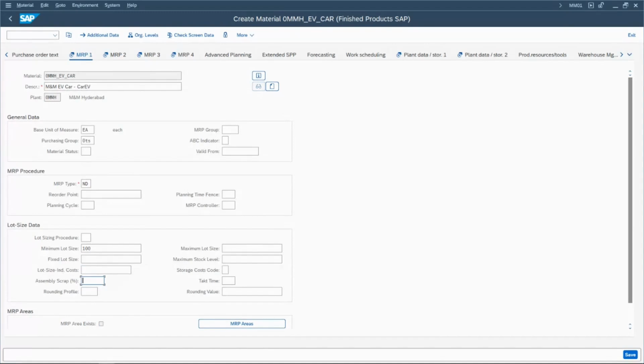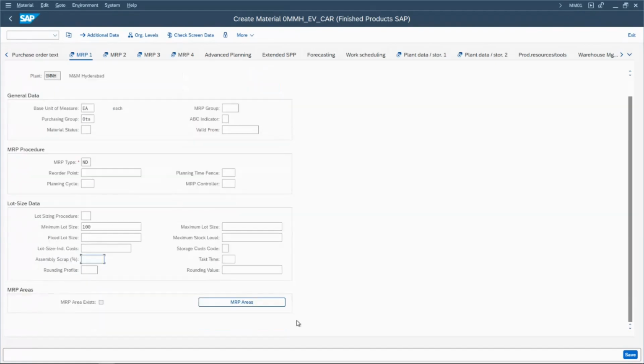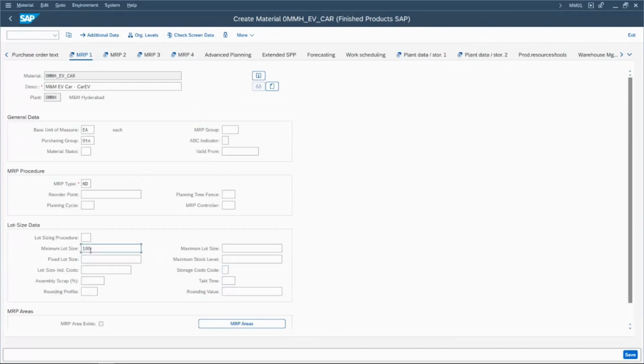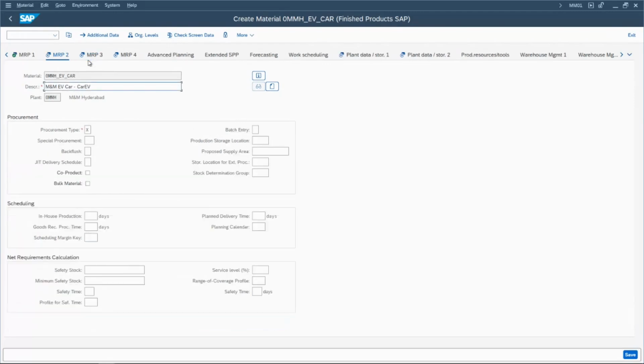And after that, I think this is the only one that we are much worried about, the material master from an MRP point of view, because this fixed lot size or the minimum lot size is something that is going to impact us in the cost that you're receiving in the CK11N. So in MRP2, we're having a few more details. If at all there is a special procurement, for example,